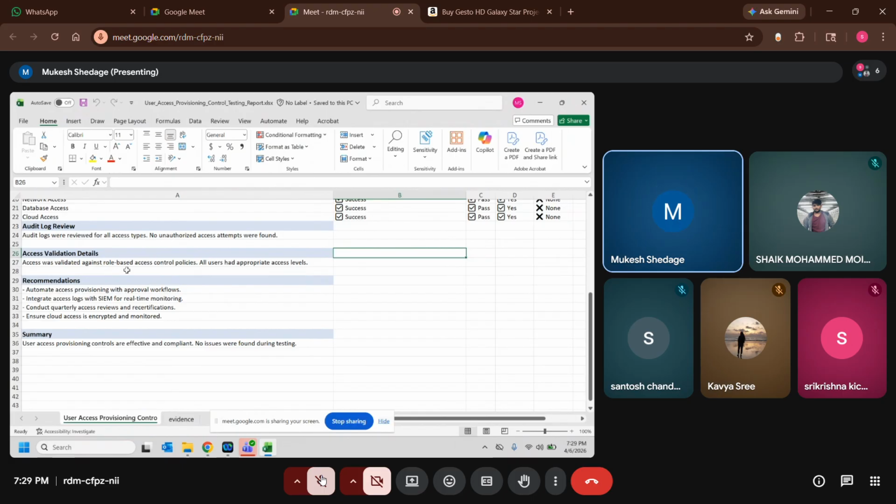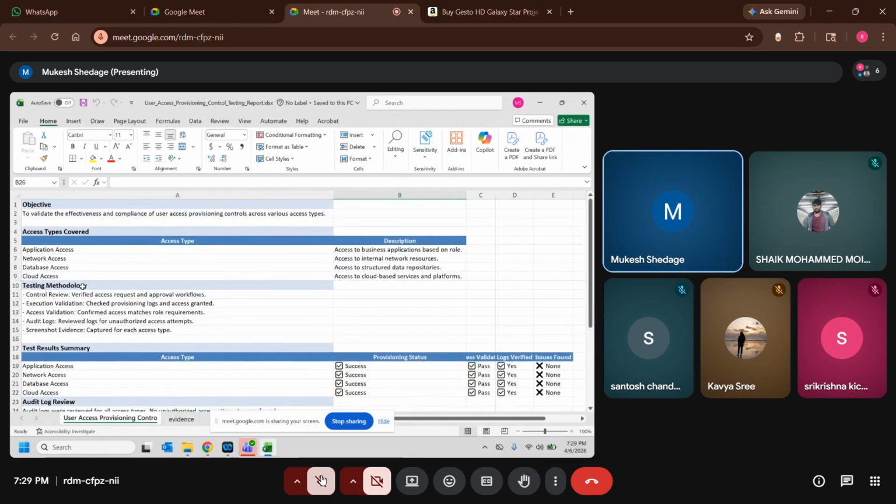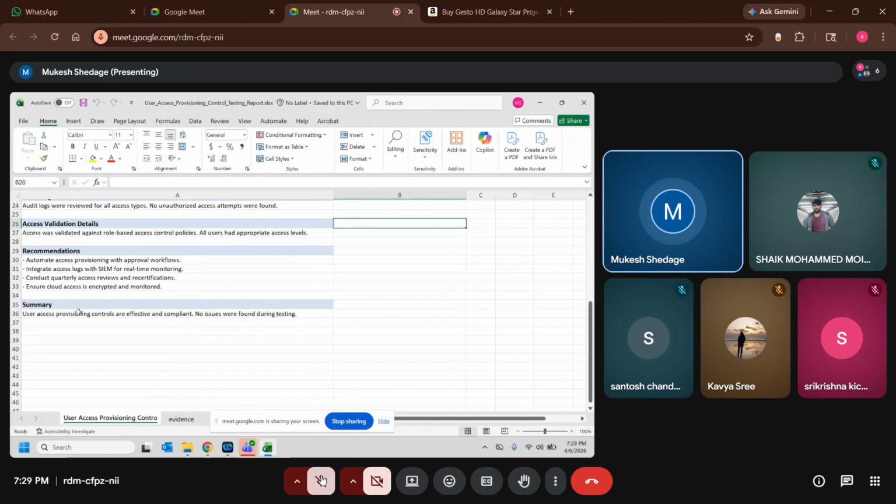Then your recommendation or your validation details. Validation detail means whether everything is working or not, that you need to write. Now these two you can skip. These are not mandatory fields, audit log review or access validation. It is not mandatory. What is mandatory? Recommendation and summary. So apart from testing methodology, access type covered, or your scope and objective, the recommendation and summary